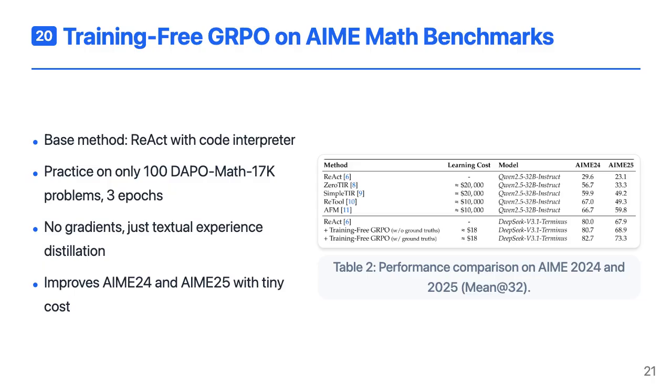They start from a React-style agent with a code interpreter tool. For practice, they sample just 100 problems from the DAPO Math 17K dataset and run 3 epochs of group rollouts. There are no gradient updates. The agent only refines its textual experience. Despite this tiny budget, the method yields measurable gains on both AIME benchmarks, showing that even small-scale practice can pay